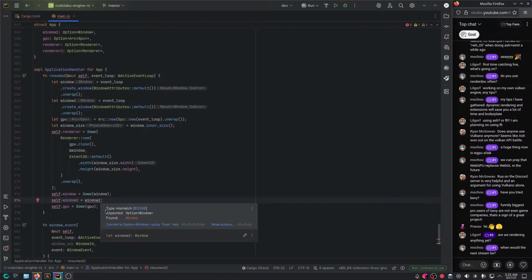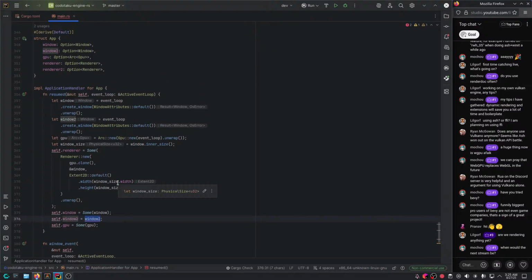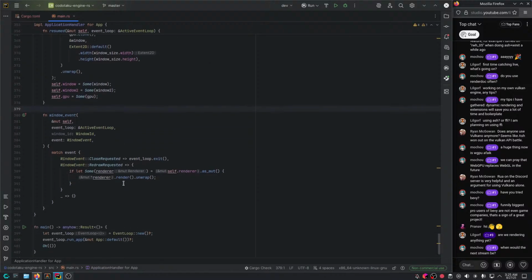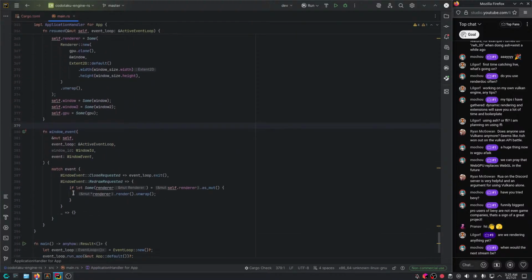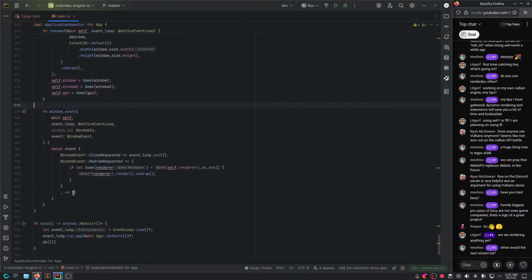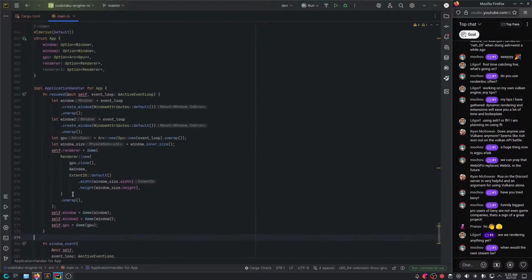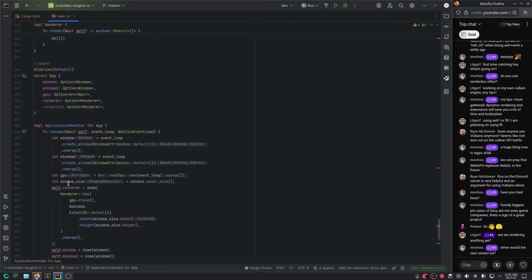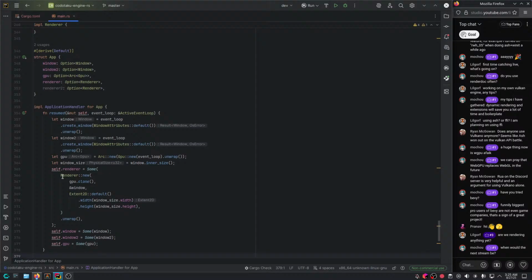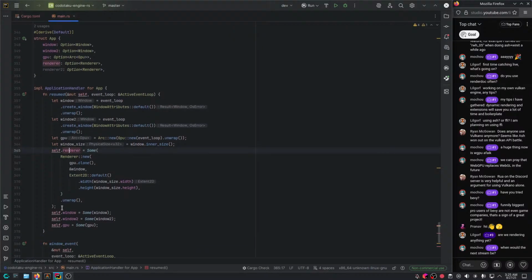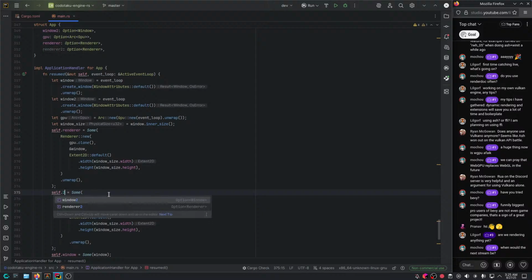Convert to option using... Wait, what? Oh, yes, there you go. And now that we got the second window, what we need to do? Well, we also need to create a second render here. Okay, so let's say self.renderer2.